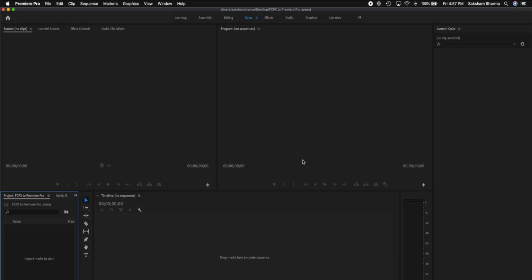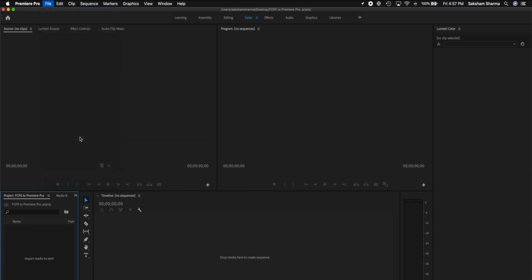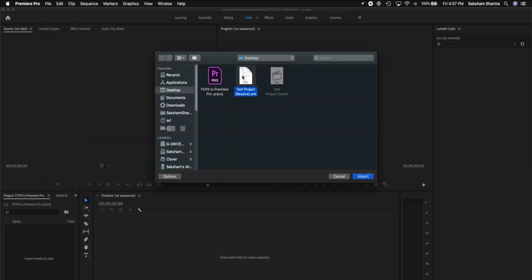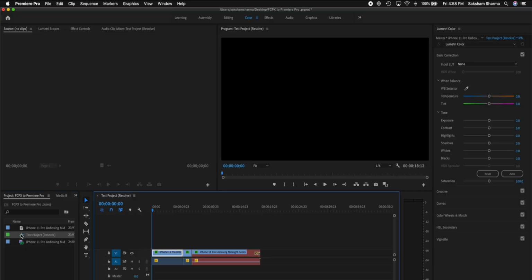Once you're in the project window, we can go to File and click on Import. In Import, we are allowed to select the XML file we just made in DaVinci Resolve. So just load that file up, it's going to import, and after the import, on the left side you can see it imported the timeline and the video, or basically all the assets that were in the Final Cut Pro library. So all the raw videos that we were using, it already linked. Now from there we can just open the timeline,